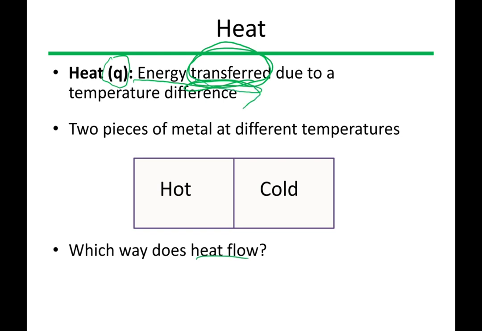So if we think about this, we can have some hot particles here on the metal side. So these are moving relatively fast with their random motion. And we put them next to the colder particles, which aren't moving as fast. And we can think when this heat is transferred, one of the ways that this might happen is this particle hitting one of the slower particles, and then we get a collision. This transfers some of its energy, so it slows down a little bit, and now this one's moving a little faster. And so we can see that the energy exchange is going from the hot side with more energy to the cold side with less energy.